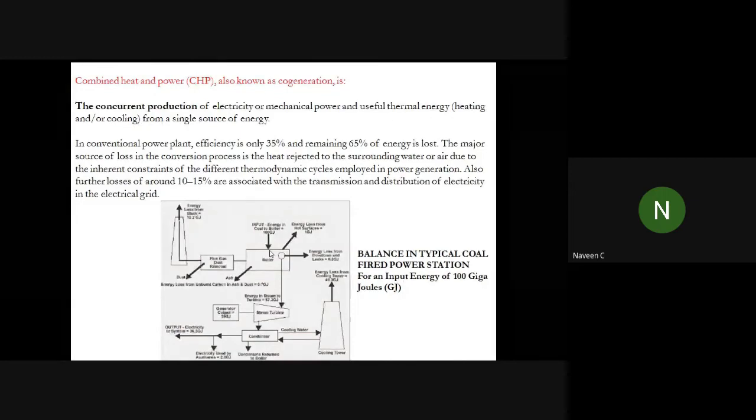You can see the expected output from the boiler goes to the turbine. But how much is this 100 gigajoules giving? Only 87.3 gigajoules is getting supplied to the turbine. It's a direct conversion; you can understand that the input is 100% and you are getting only 87.3 as output. It means that almost 12.7 percent of energy you are losing in your boiler, and the efficiency of your boiler is 87.3 percent.